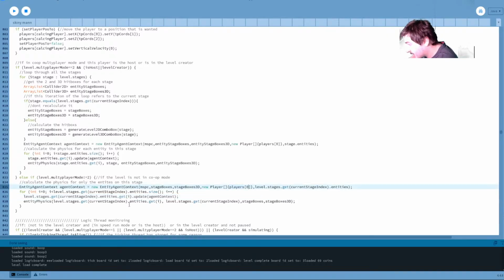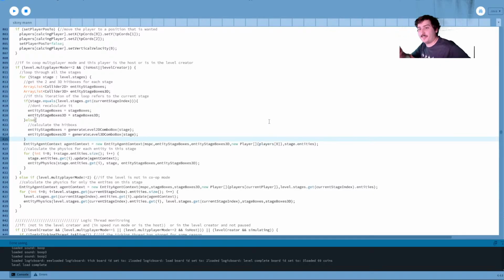Now we actually got to do the player thing. So in the not co-op situation, this is actually fine. We just do current player, is all we should need to do there. And here we got to do something a little bit more annoying, because we got to figure out what players are on this stage. Okay, so here's what we'll do.